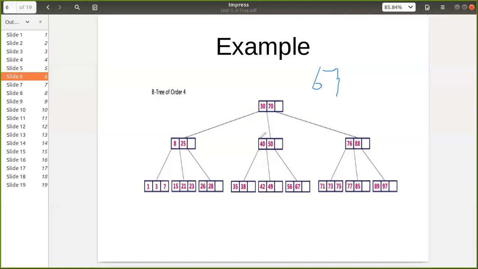So again, same procedure, we'll compare the 67 with the 40. It doesn't match, then check whether 67 is lesser than 40. It is not lesser than, that means it is greater than, then consider the second key. Again, same thing with the second key, check whether this is 67, no, then check whether it is lesser than this one, no, check whether it is greater, so it is greater. If it is greater, simply we are going to the next key, but here we are not having a next key, so simply we'll follow the right link here. So we are coming here.